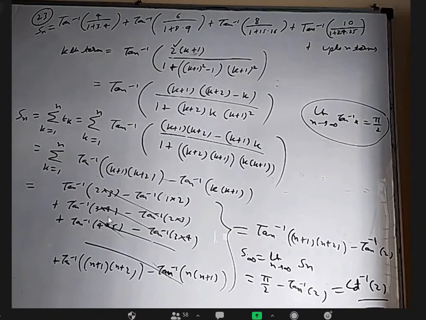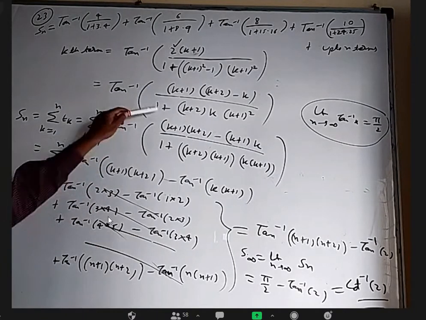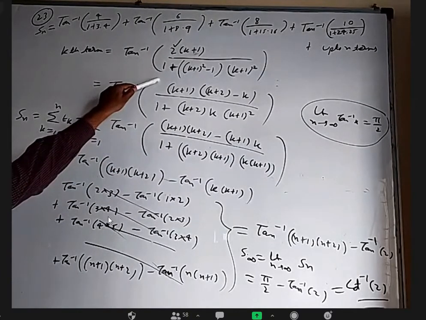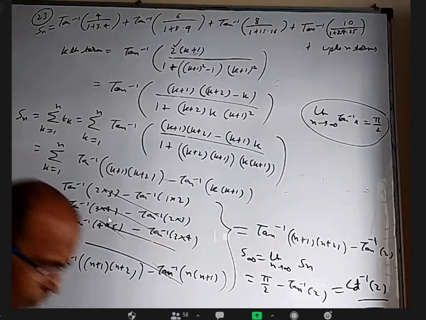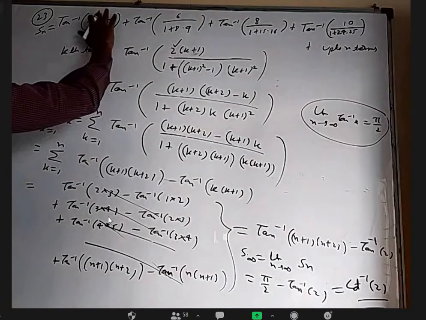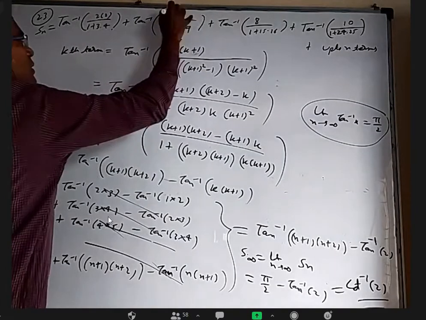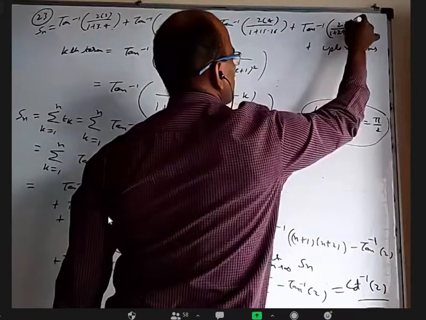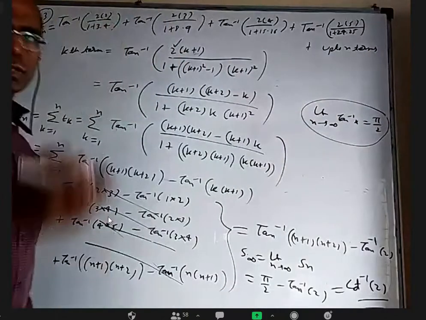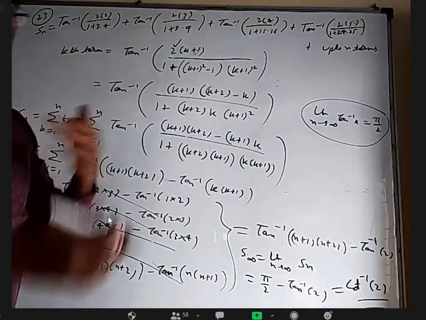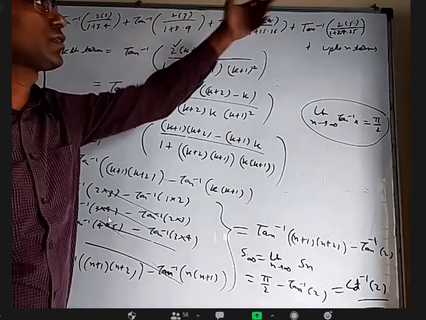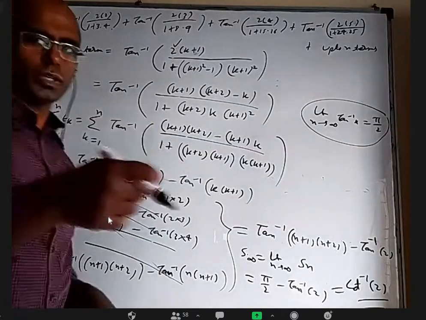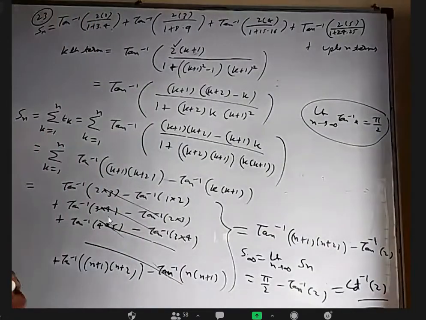Sir, in the second step, which formula was used, sir? What are you asking? Sir, the first step. The first step we did not do a formula, that means we understood the pattern. We understood that this 4 is 2 times 2. This 6 is 2 times 3. This 8 is 2 times 4. This is not there in the question, we wrote 2 times 5. So with 2, 3, 4, 5, the first term has 2 here, second term has 3, third term has 4, and fourth term has 5. I'm sure the nth term will have n plus 1, or the kth term will have k plus 1. Or you can even use arithmetic progression. 2, 3, 4, 5 are in AP. When you try to find the kth term, it becomes k plus 1.